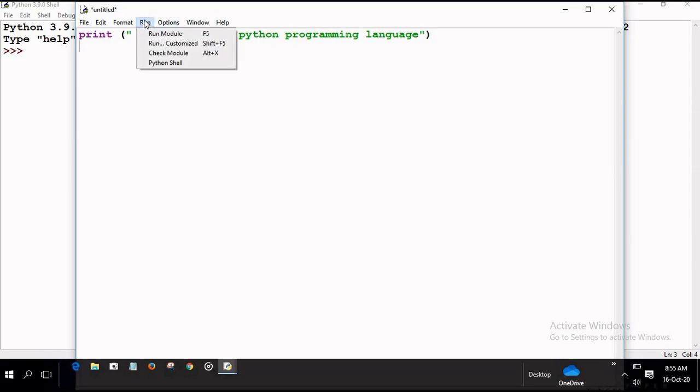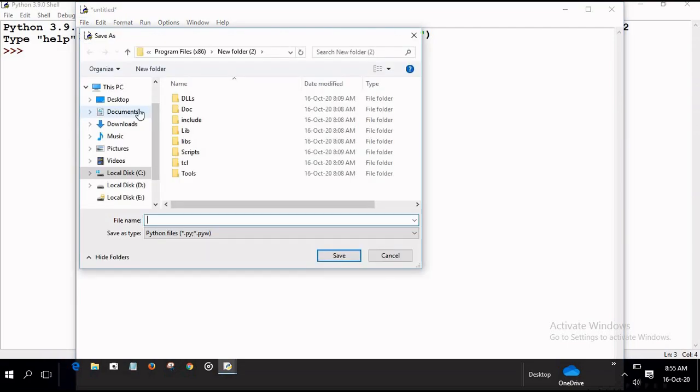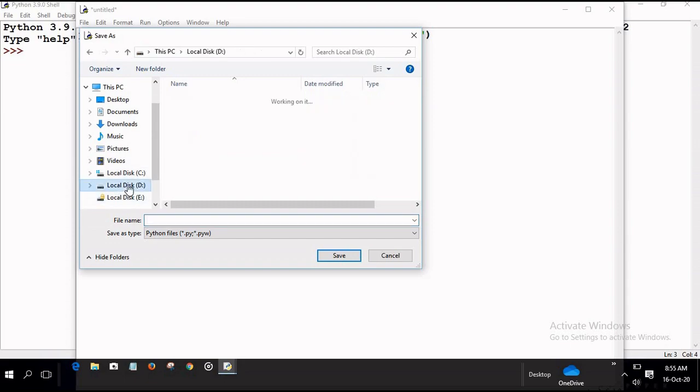Before running the program, save the file by clicking the File menu, Save As. You can select your location of the file.